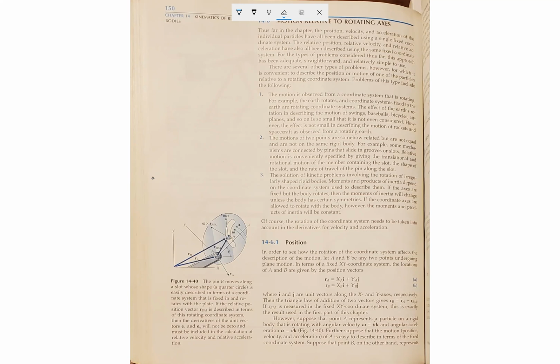Okay, number 3, the solution of kinetic problems involving the rotation of irregularly shaped rigid bodies. Moments and products of inertia depend on the coordinate system used to describe them. If the axes are fixed, but the body rotates, then the moment of inertia will change unless the body has certain symmetries. Okay, basically they're saying, like, you have an object, and then